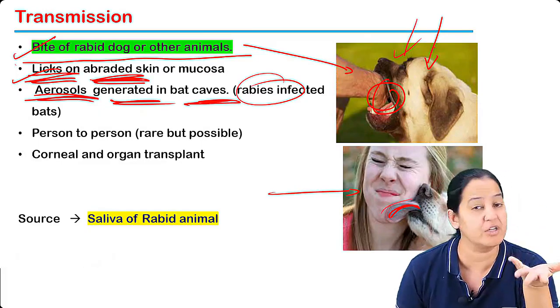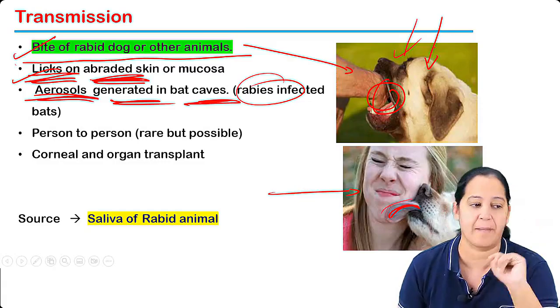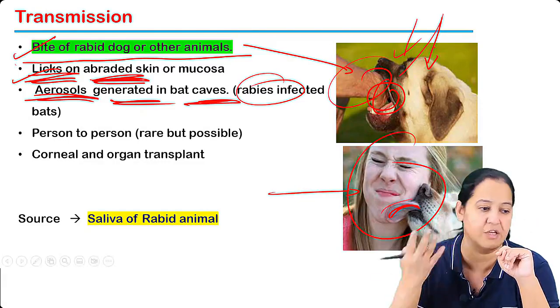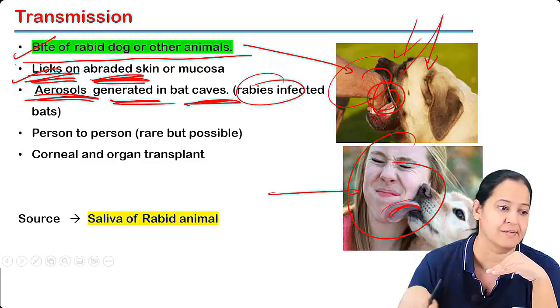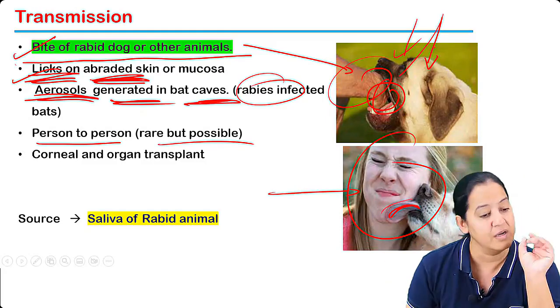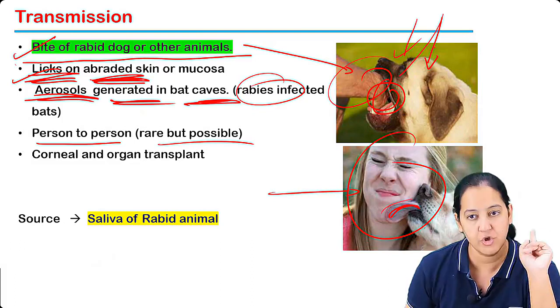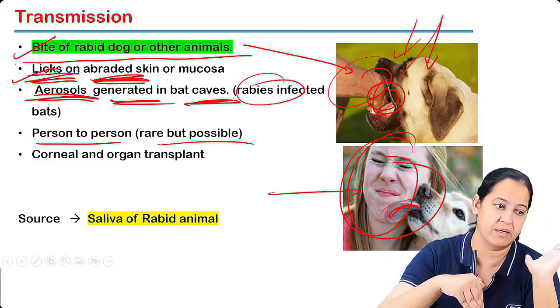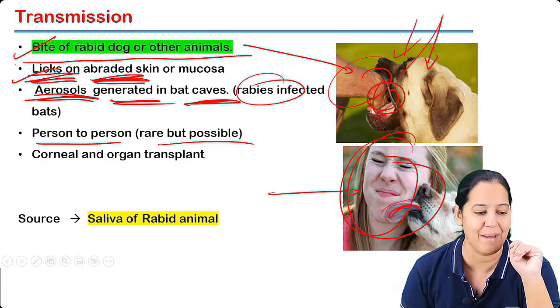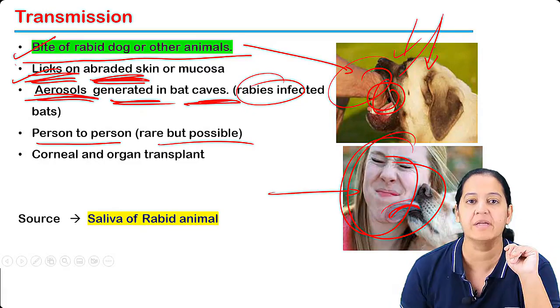Sometimes you may have heard the dog became mad and is biting everyone. It is a rabid dog. So whenever it bites, the human also becomes mad like the dog, and humans start biting other humans. So human to human transmission is only with the bite. In rare cases it can occur. Not normally, but when the human has rabies, the human also becomes mad. Okay, got my point? And corneal and organ